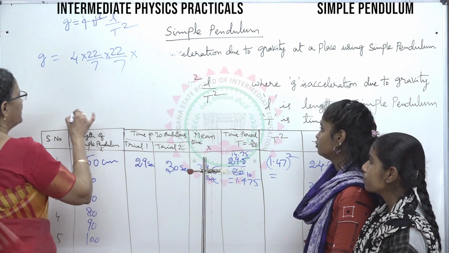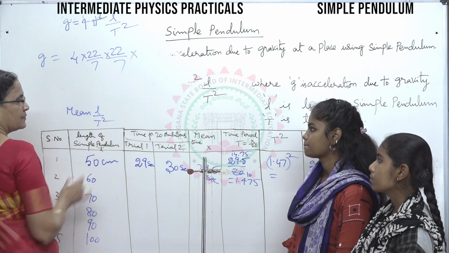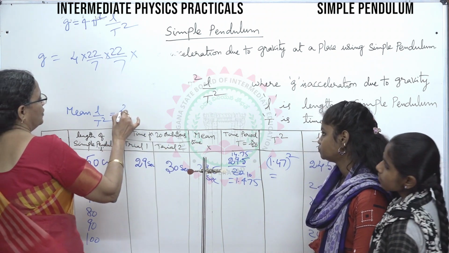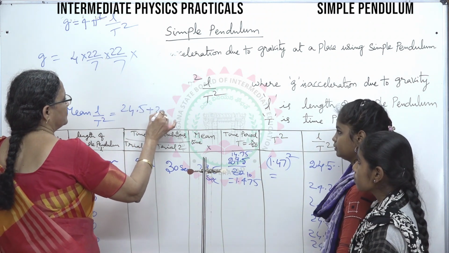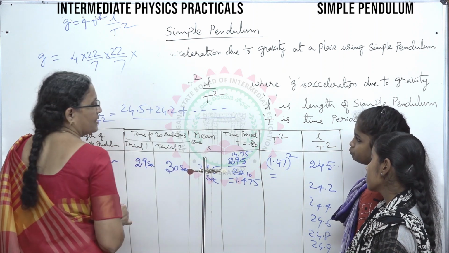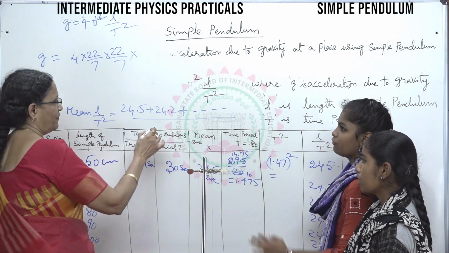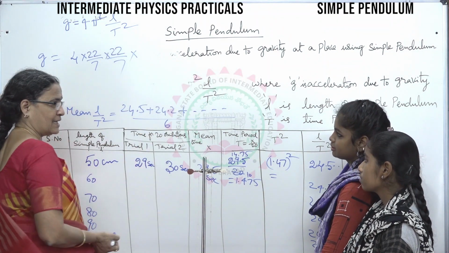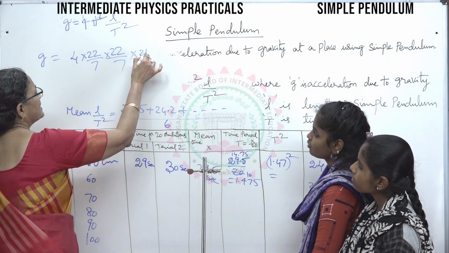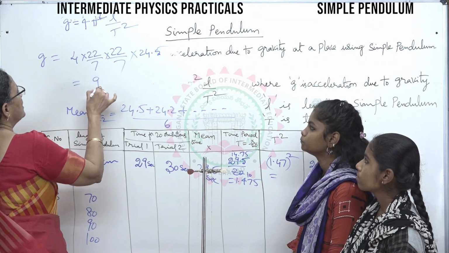Yes, ma'am. You have to calculate mean L by T square. How do you calculate mean L by T square? Add 24.5, 24.2, and so on, by, how do you calculate the average? Total of the readings by number of readings, 6. If you have taken 6, write 6. So that is again say 24.5 for example. If you calculate, you will get